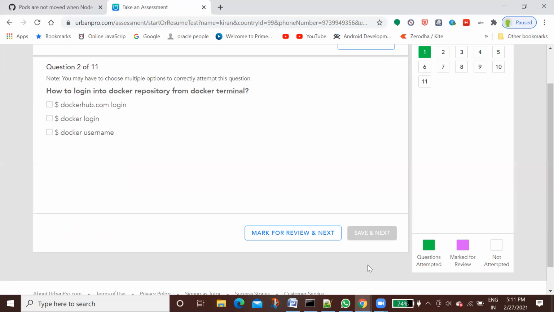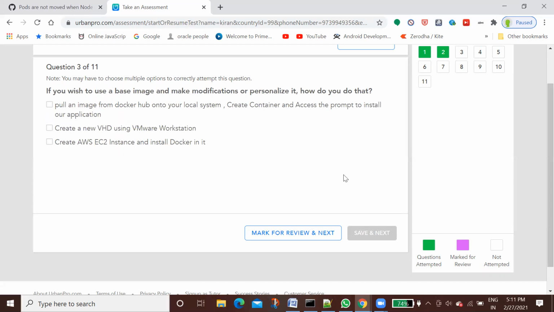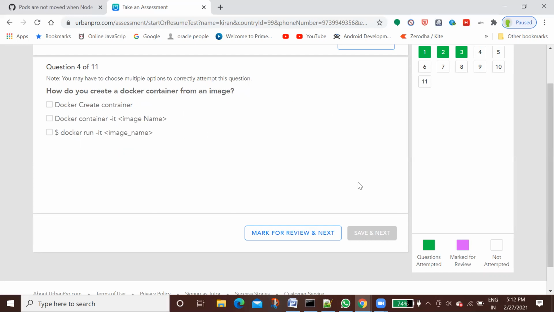How do you log in to a Docker repository from a Docker terminal? We use that to push your image. Then, if you wish to use a base image and make images, how do you do that? Pull the image from Docker Hub onto the local system, create a container, access it and install, the first option only. Very good. Or you create a Docker container from an image.